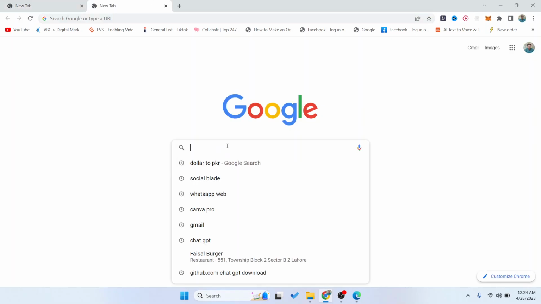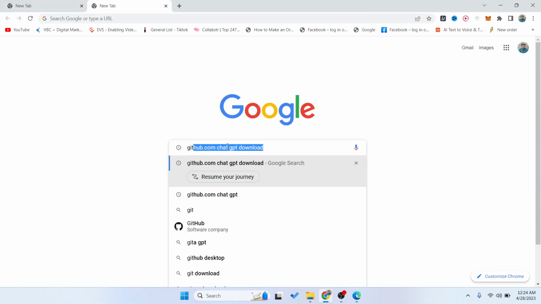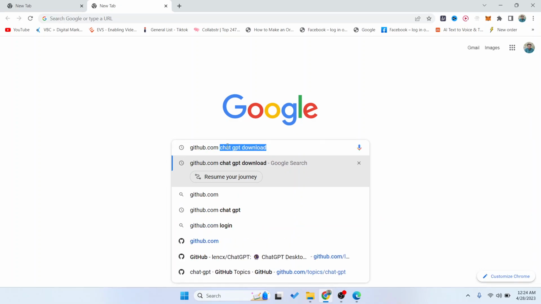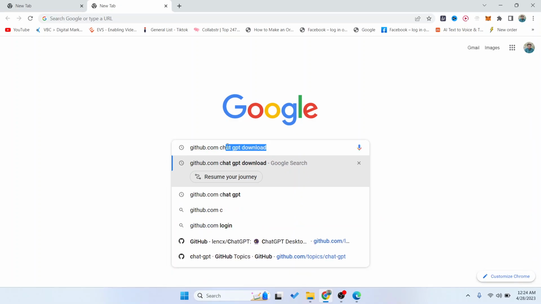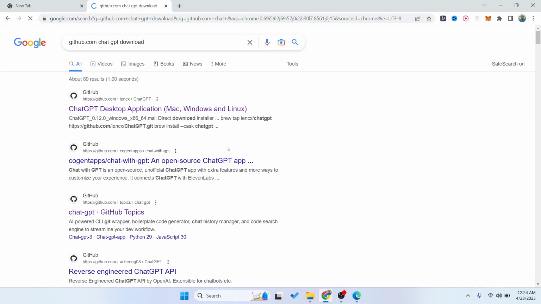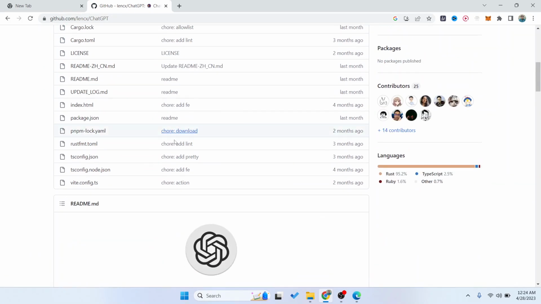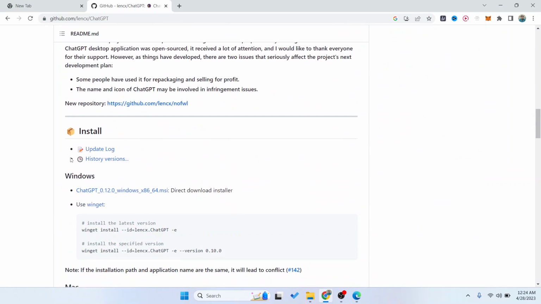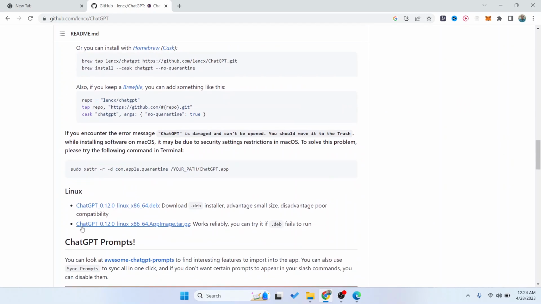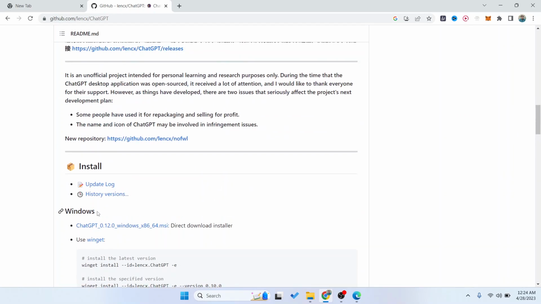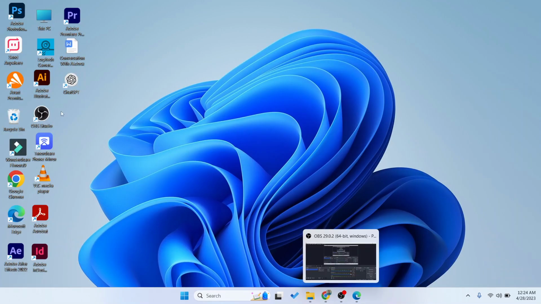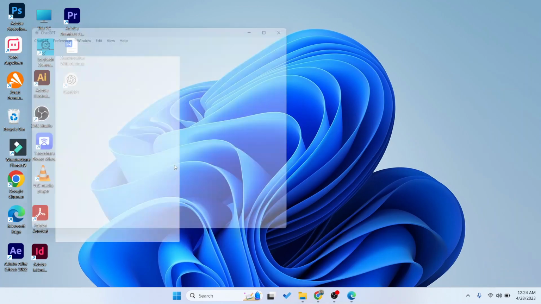So the first step you simply need to do is to search in Google, that is github.com and ChatGPT download. Hit enter and then you need to open the first website. And from here you can download it for Windows, for Mac, for Linux. So I'm using it for Windows, so let me show you. I already downloaded it, so then you need to open that,